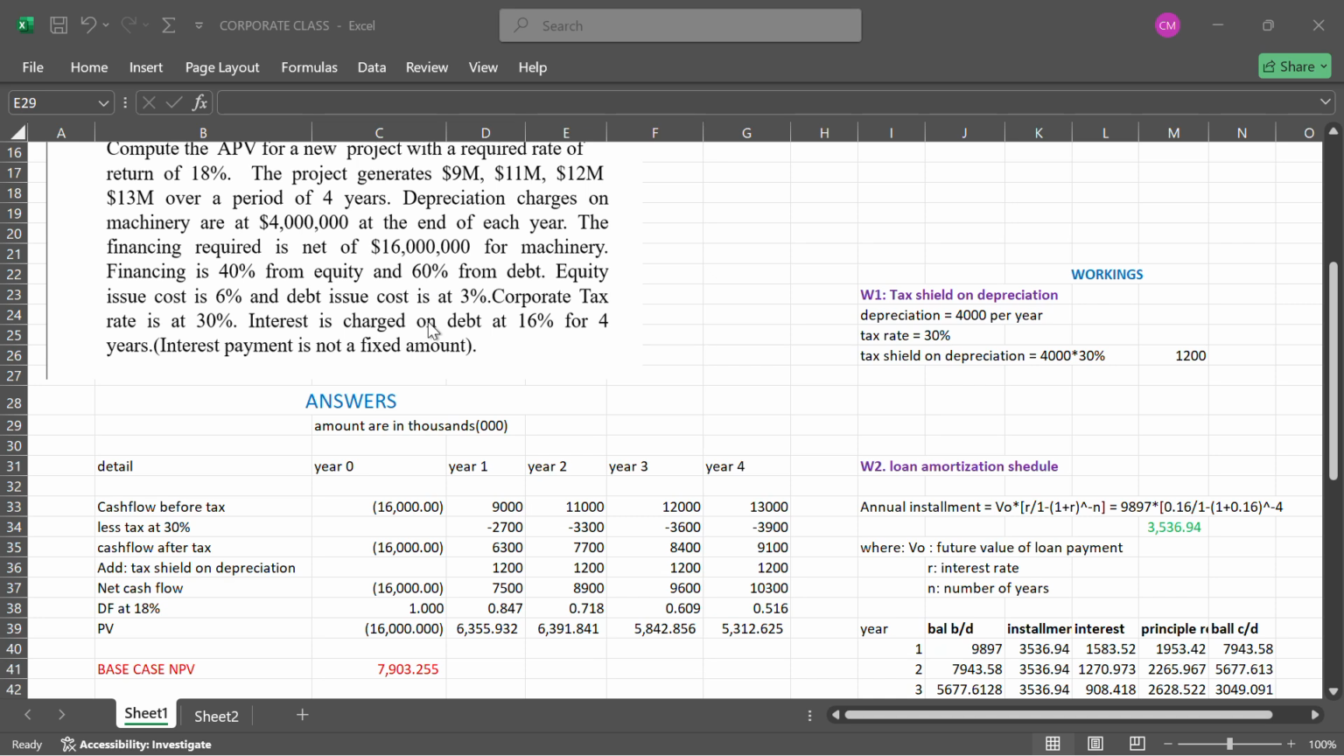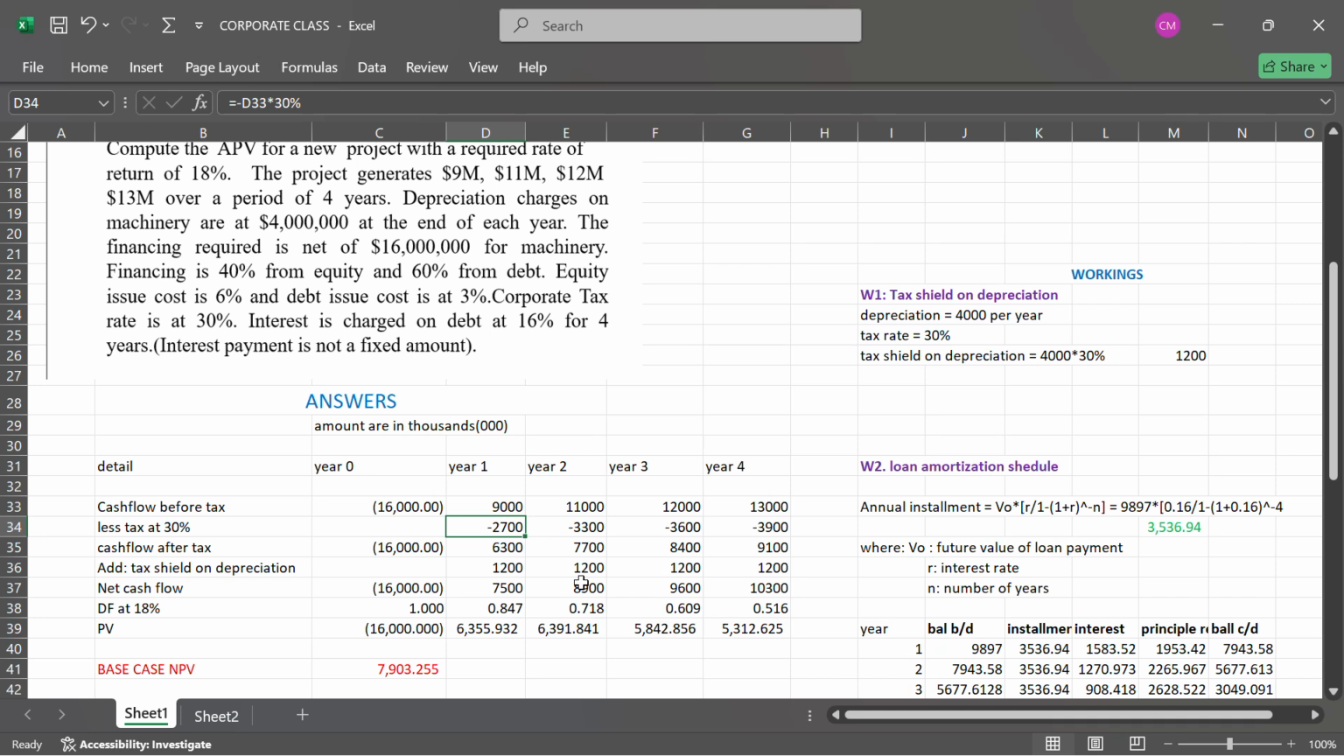The project will generate in future time. So what we do here, we raise tax because we have been given a tax rate of 30%. We must firstly compute tax on these cash flows. So you will take this 9 million times 30%, which will be equal to